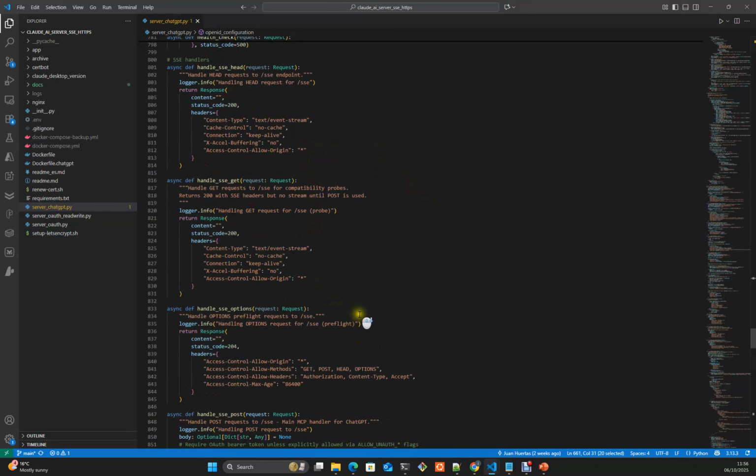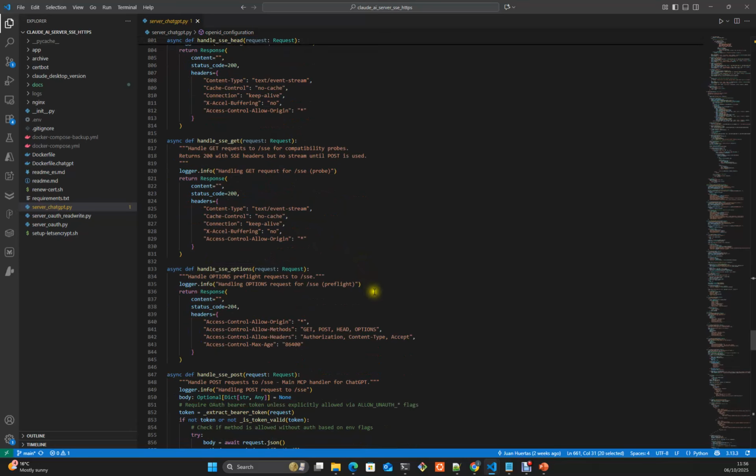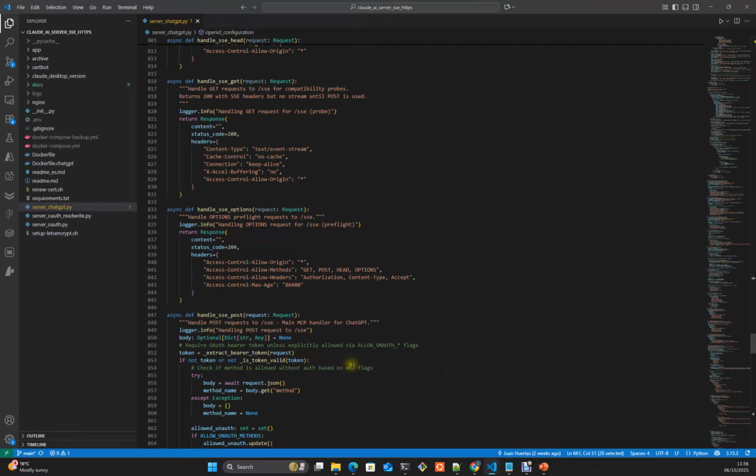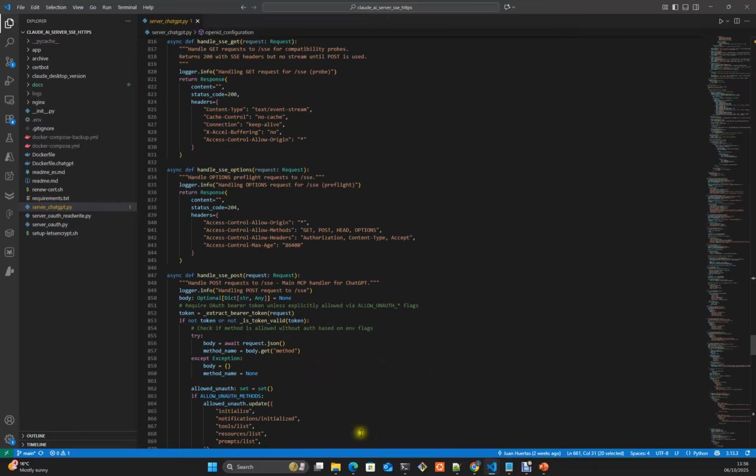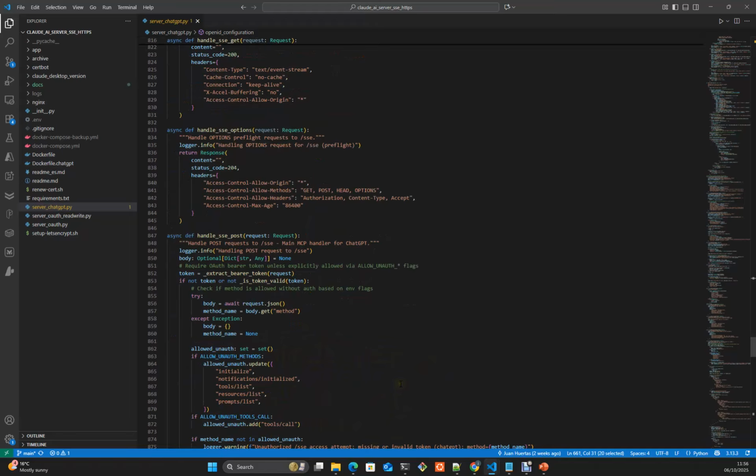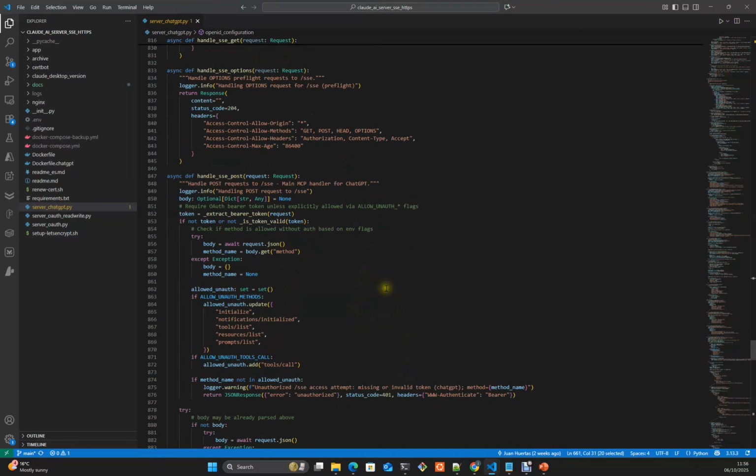This is for head, and also which methods are allowed here to handle SSE. And here, this is for the post, which is, once you have registered and you are authenticated and authorized to get the SSE route, you will be working practically using